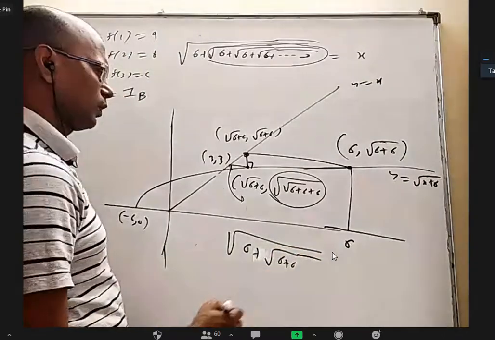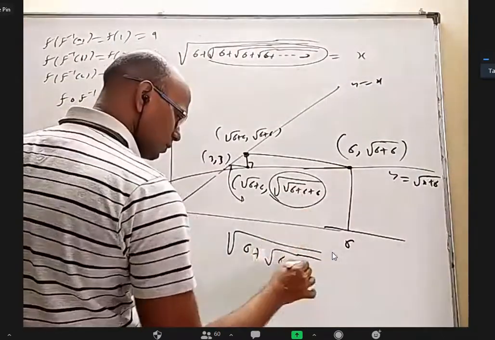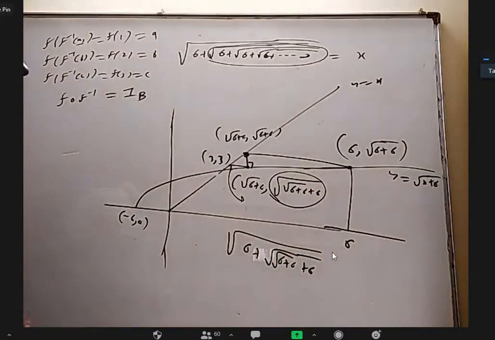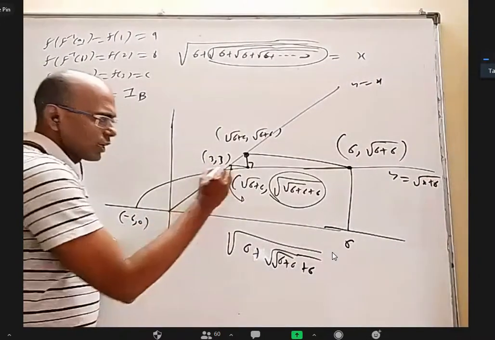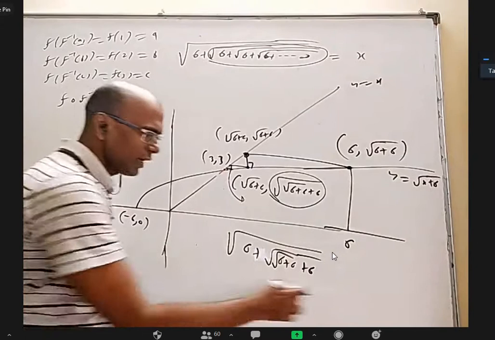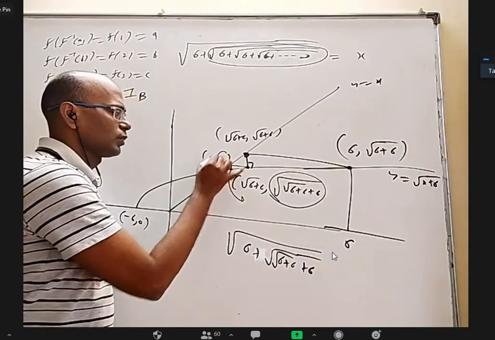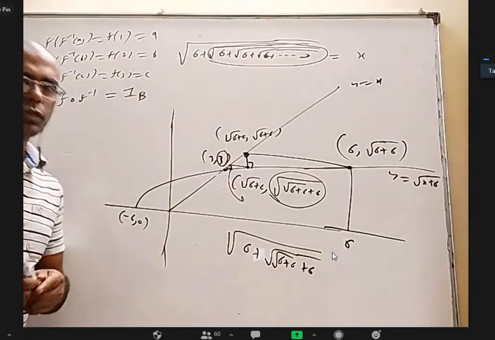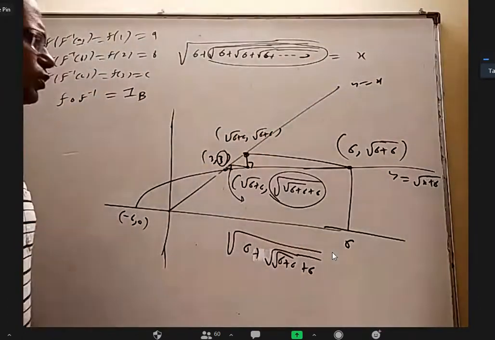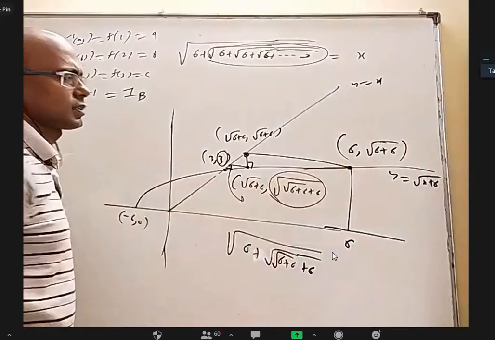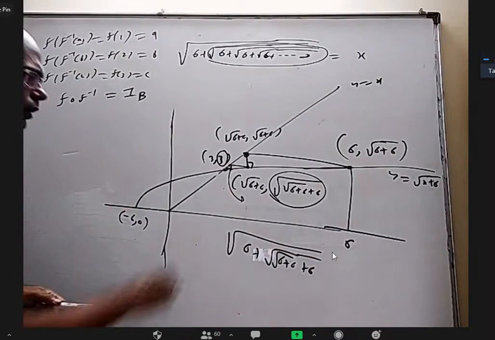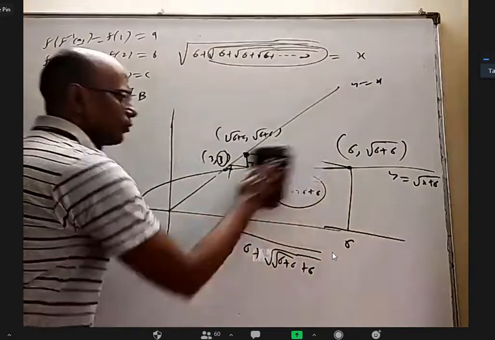Anyway, I should write properly, with a root including this plus 6. This is root. Okay, I don't have enough place to write. Again, if you come horizontally and vertically, you will find this series is reaching this point whose y coordinate is 3, which shows that this value will reach 3. Okay, I wanted to show that. Starting with 6 is a little problem. Actually, I would have started with 0. I think it would have been better. If you start with 0, you'll find more.